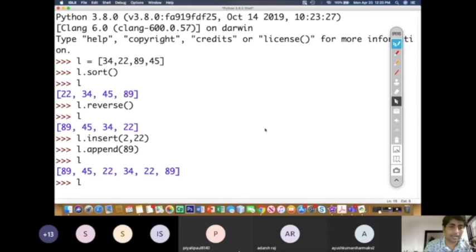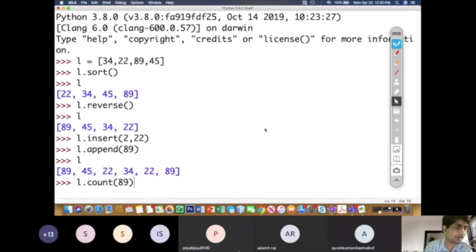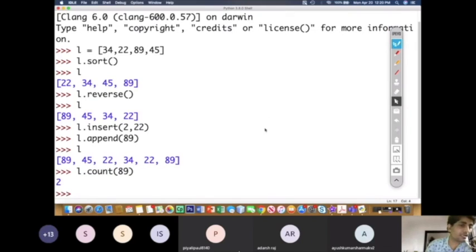Now I want to count, L dot count 89. How many times 89 has appeared in the list? I want to find out how many times the value 89 has appeared in the list. Now see, the integer value 89 appeared two times, right? And that is the purpose of the count function. Similarly, if I am writing L dot count,